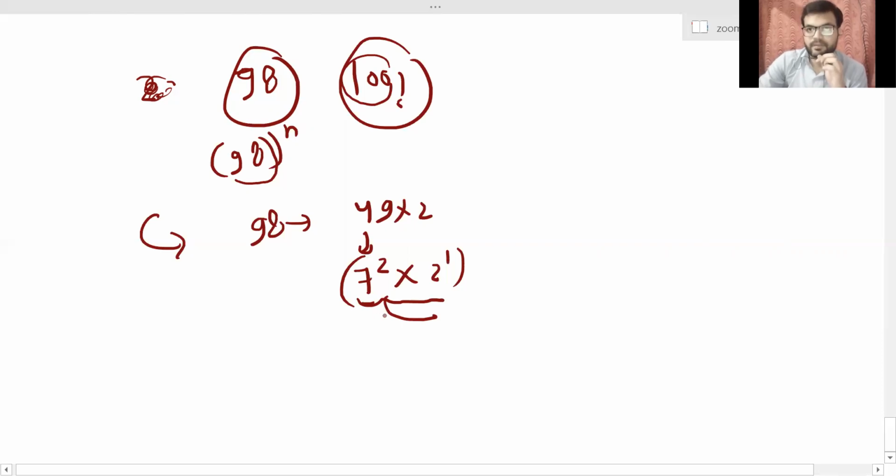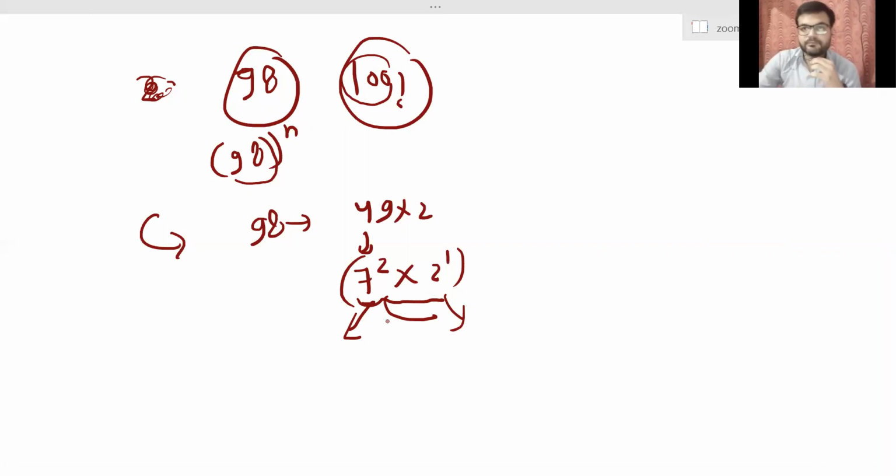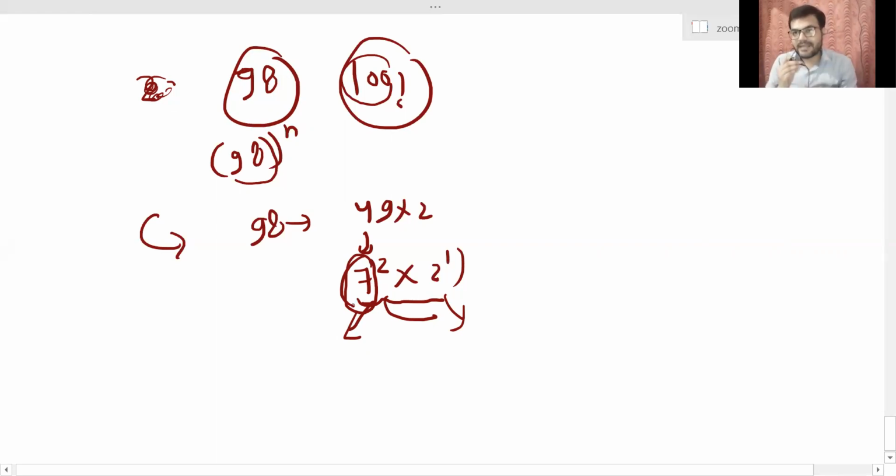Here you don't have to find out the maximum power of 7 and the maximum power of 2 both. Instead, you will only have to find out the maximum power of 7 square. Why? Because it is 7 square. And the power of 7 is already less as compared to the power of 2. We know this thing. We had seen that in any factorial, the power of 2 will always be more as compared to the power of any other prime number.